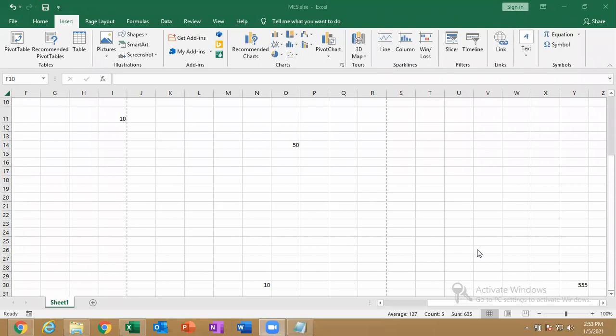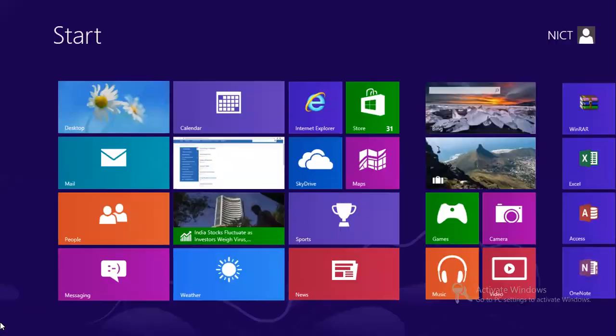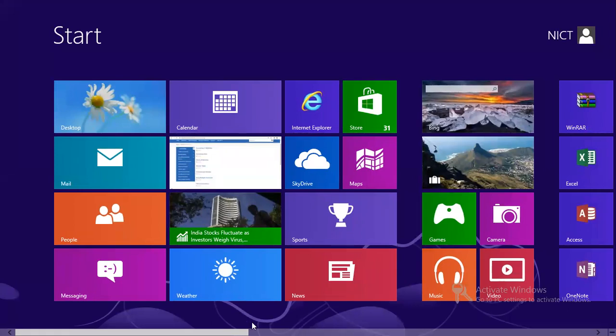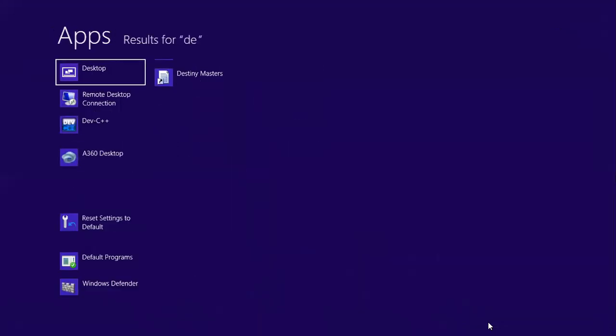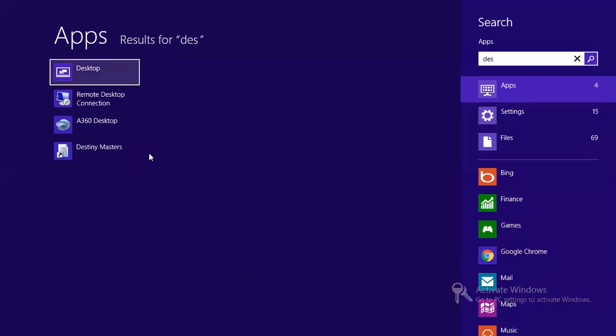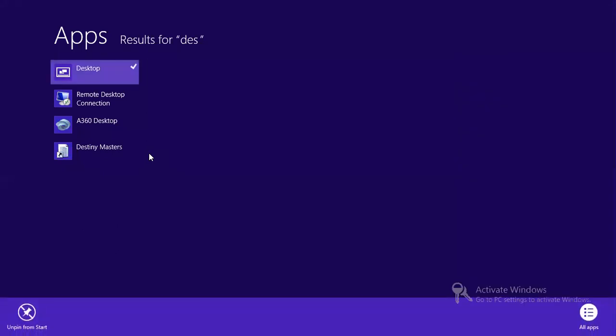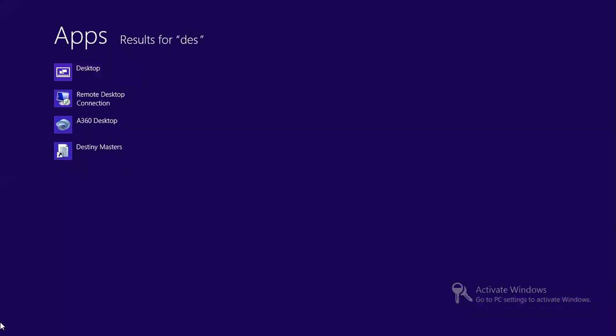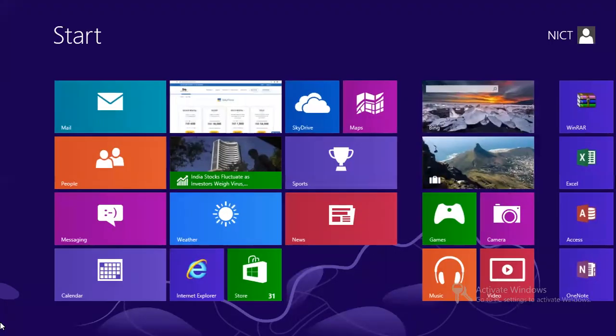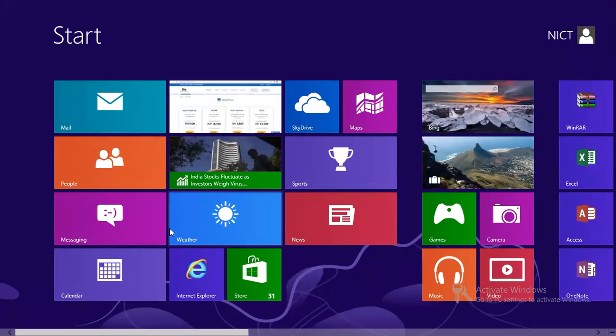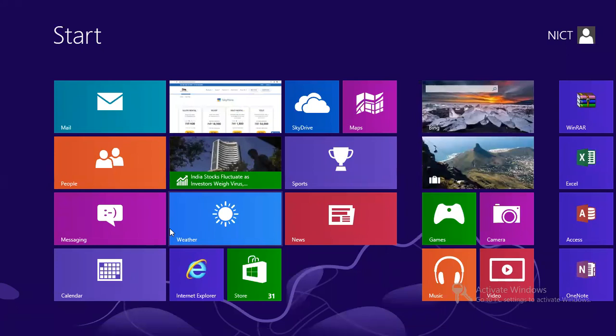Okay, sir, I asked you the shortcut of desktop. So just type desktop. See here, you have unpin. If I press the start button, I don't even have desktop now. Can you see this?